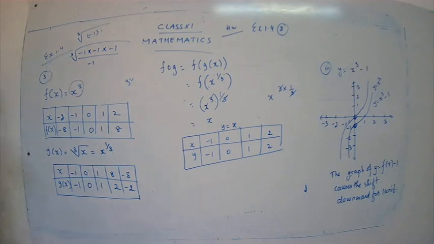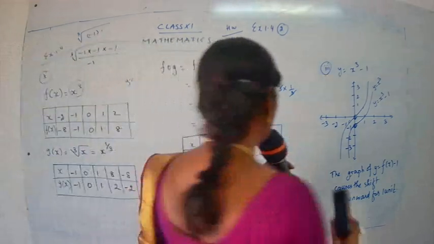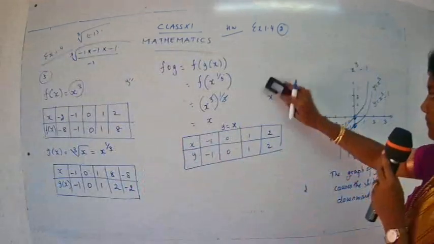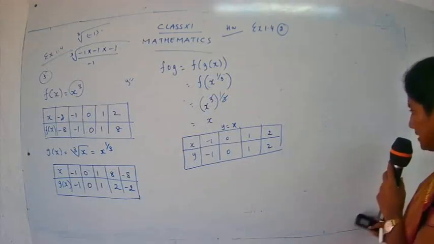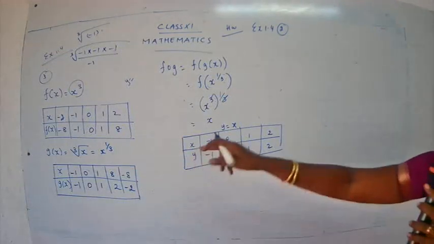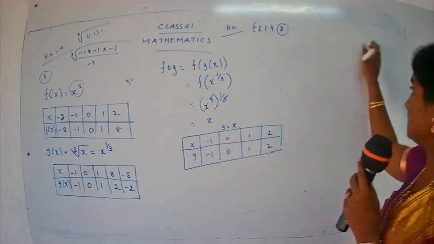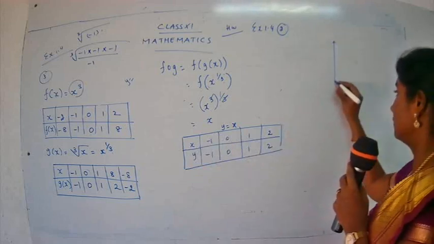Shall we start, children? Shall we start plotting the graph? I'll plot the graph on that side because I want the value. So come on, you're going to plot the graphs. You know how to plot the graphs? Come on, do it. Use your scales and pencil. See the values we have. We want till 8, so just be careful when you plot the points.